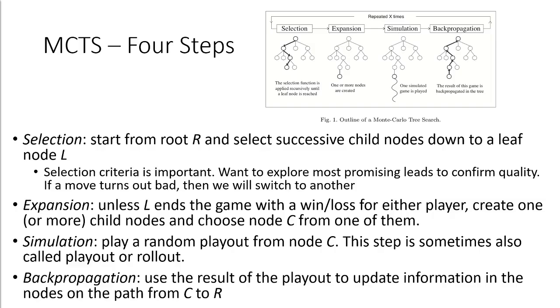It's just going to be at some arbitrary depth of moves considered. Then when you're at a leaf, you're in the expansion state. Assuming this is not a win or loss for the player, what you do is create a new child node, and